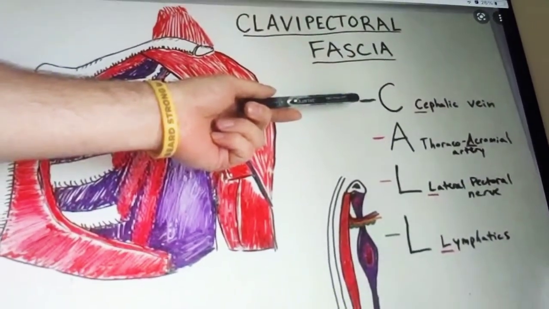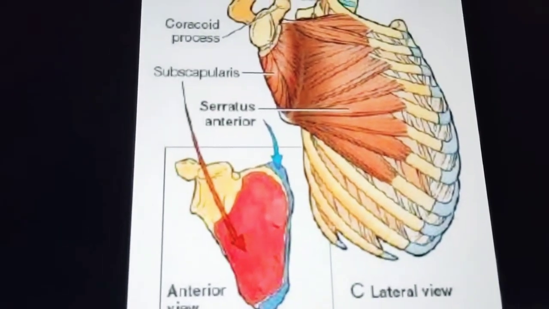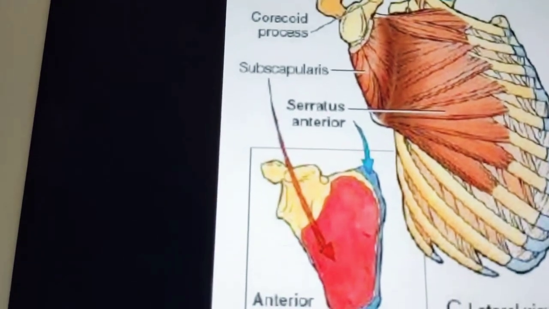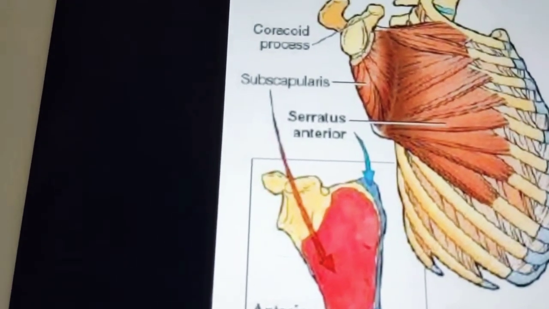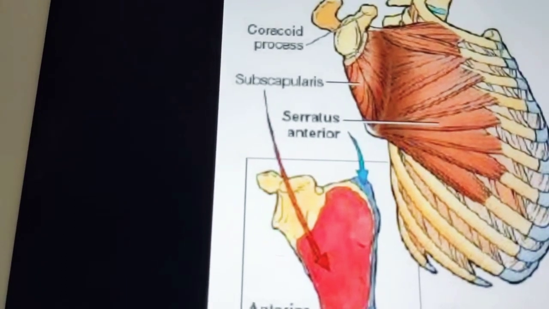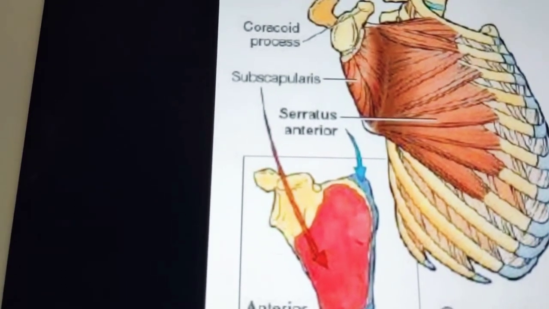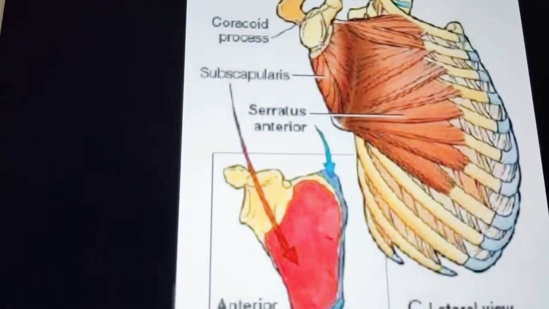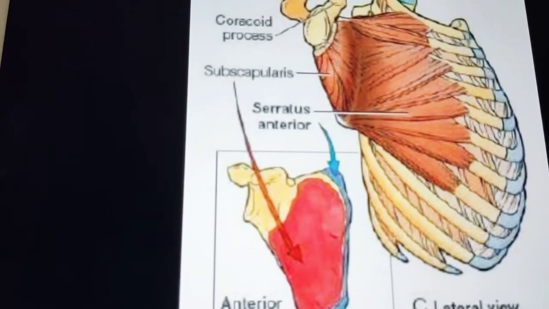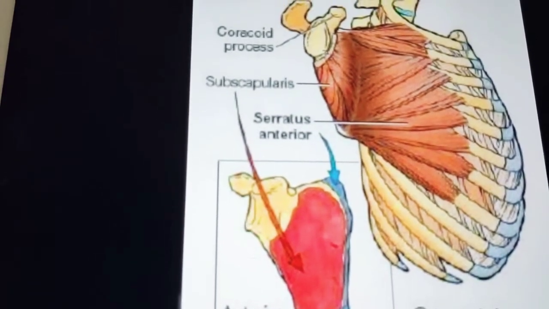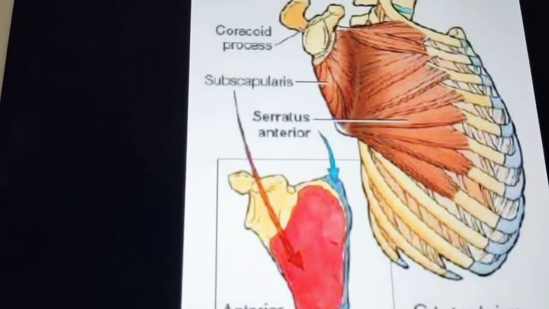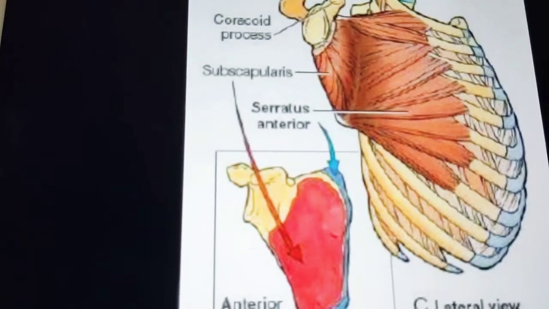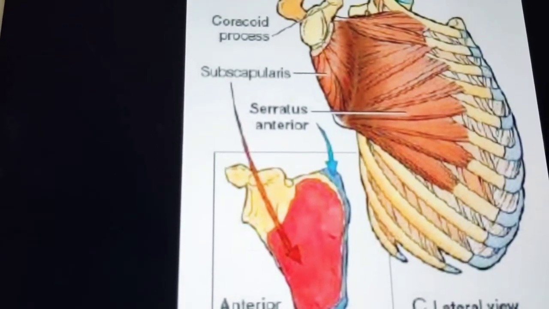Next we'll see the serratus anterior muscle. So here you can see the serratus anterior muscle. It is not strictly a muscle of the pectoral region, but it's convenient to consider here because you can see it's also on the lateral side going towards the back, right? Its origin is mainly by 8 digitations from the upper 8 ribs, ribs 1 to 8, and from the fascia covering the intervening intercostal muscles. Yeah, there is also fascia between our intercostal muscles, so from that also it will take origin, and finally it gets inserted into the costal surface of the scapula along its medial border.